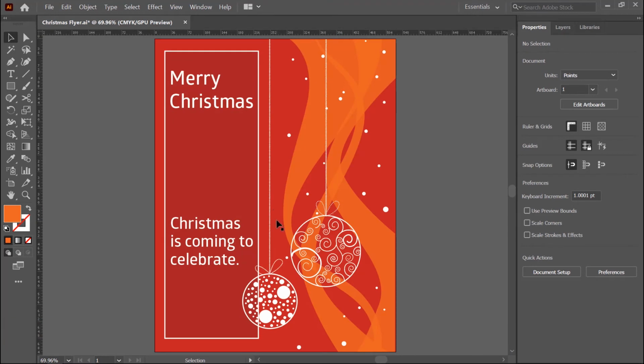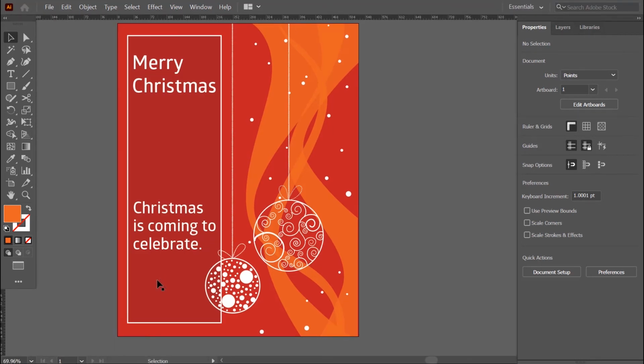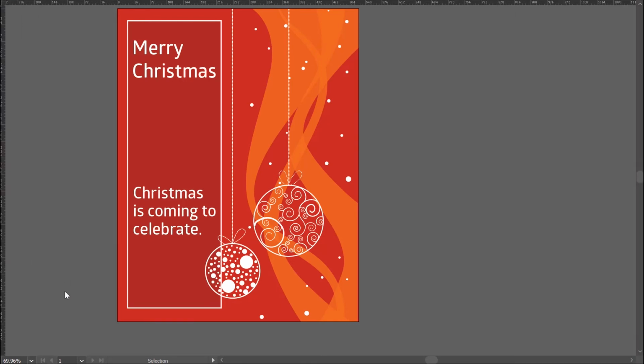If you want to present this artwork without the toolbar or property bar, click on this button. By default, normal screen mode is selected. You can choose without menu bar or toolbar. When you click on this, the mode will apply. Click again on this button and choose full screen mode like this.